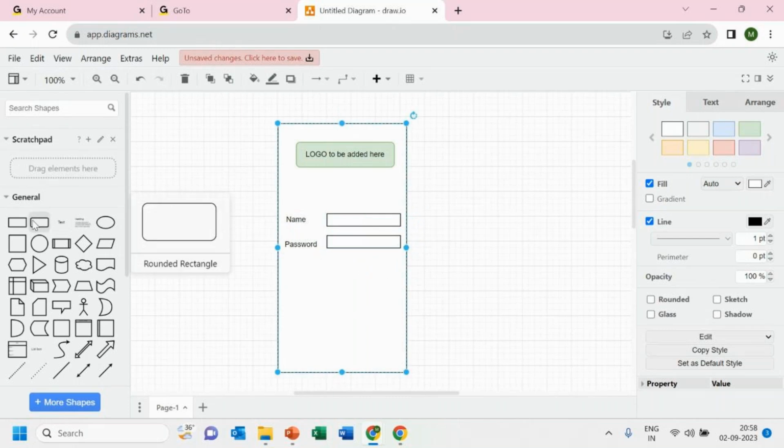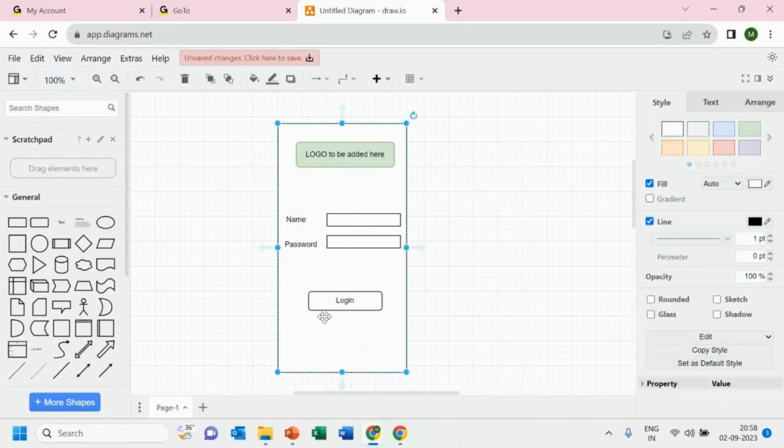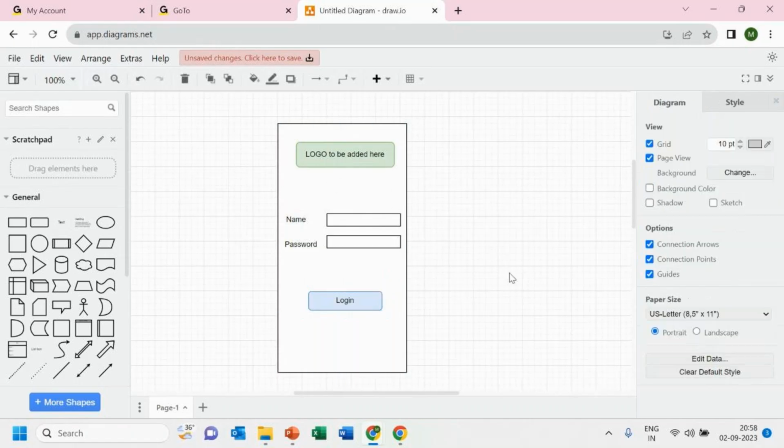And now let me add a submit button. Pretty basic, simple mock-up screen to just give you an idea of how you can create one. Okay, that's it. Now I take it forward to the team, and then they'll say that, okay, this is fine,